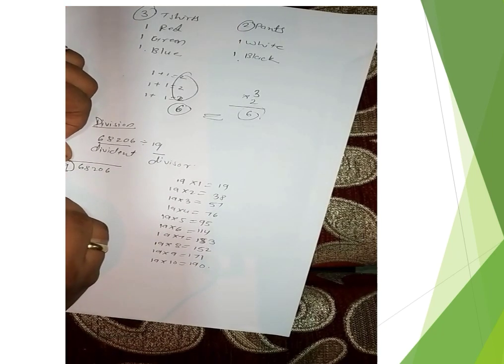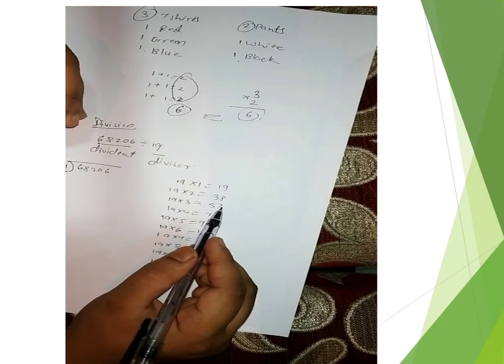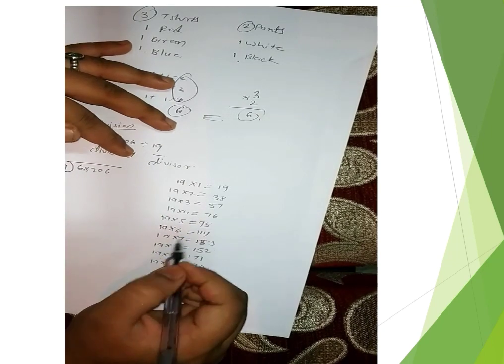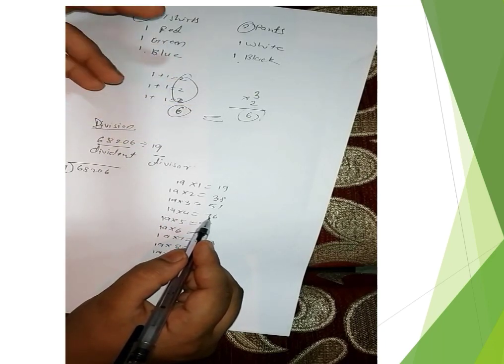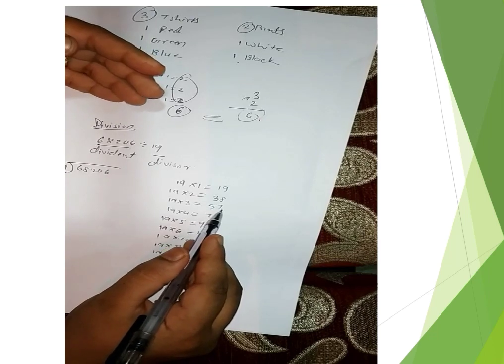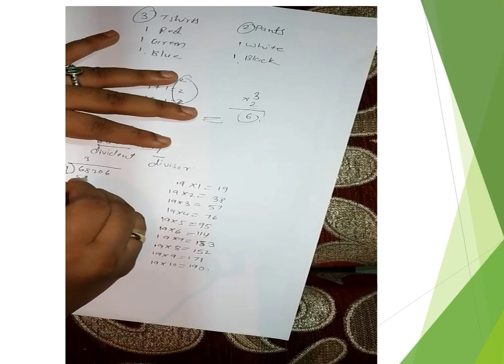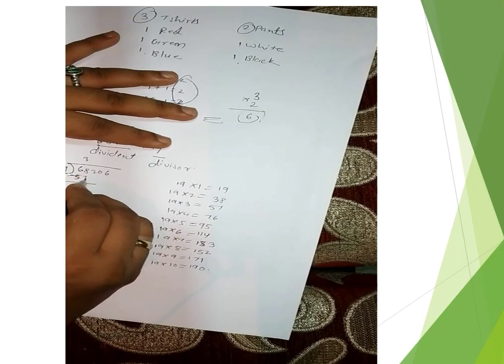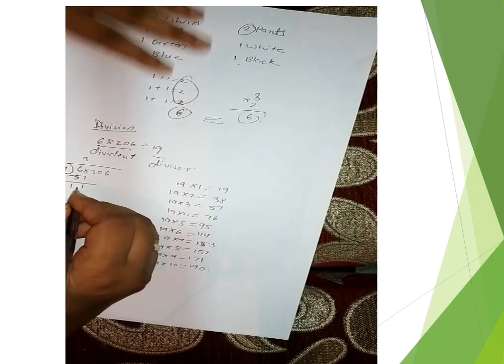Here, we have to take first one number. Since it is a 2-digit number, we will take 2 digits. Here we will find the number smaller than 68 in the table of 19. So if you can see, 19 fours are 76, which is a bigger number, and 19 threes are 57, which is smaller than 68. So we will take 3 here and 57 here. We will subtract this number. So here 8 minus 7 is 1. 6 minus 5 is 1.